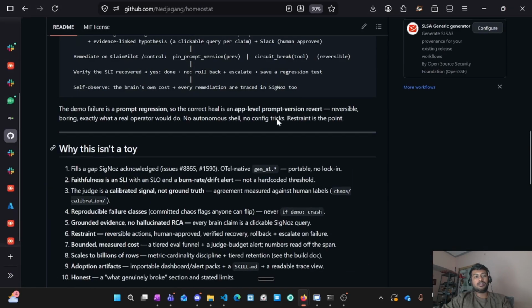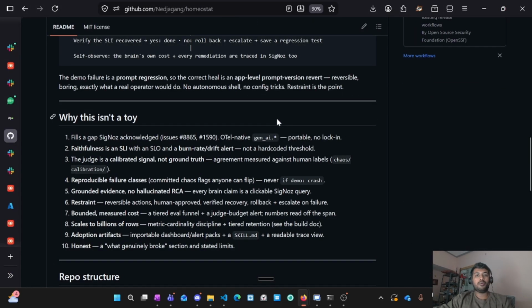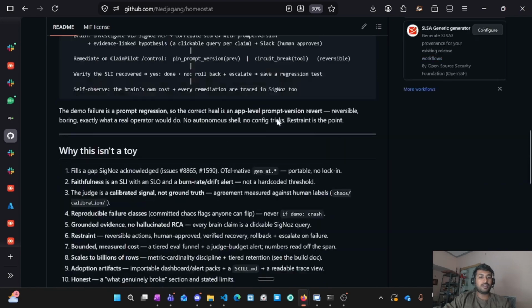Everything is tracked here in the GitHub repo. There's one more learning that I wanted to share with you guys: if you move on to high tier models, for example GPT 5.6, it's very hard for them to hallucinate. That is when I faced the issue where I had to switch between prompt versions and so on. All of that is here in this repository.